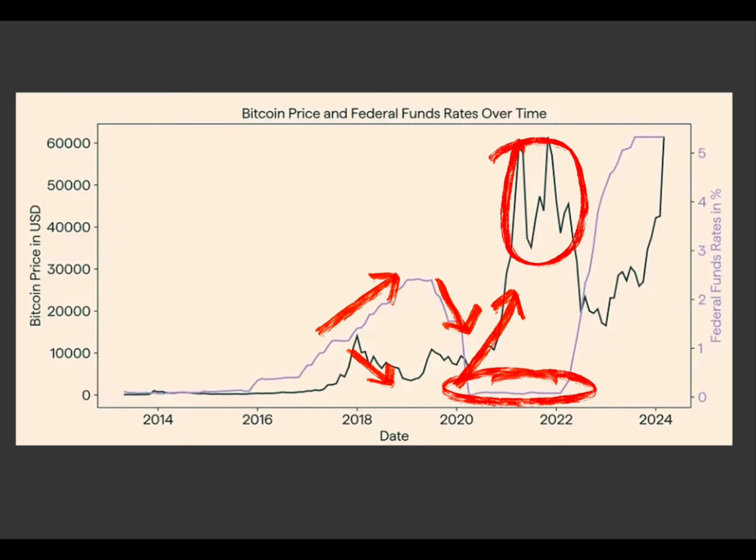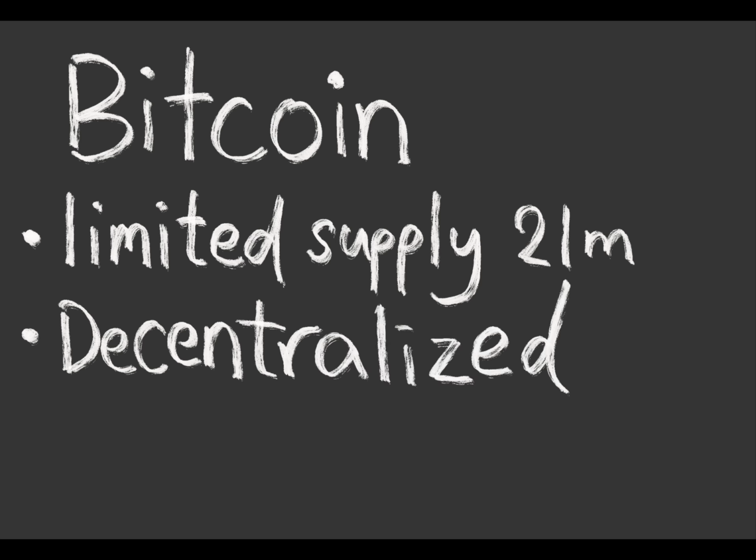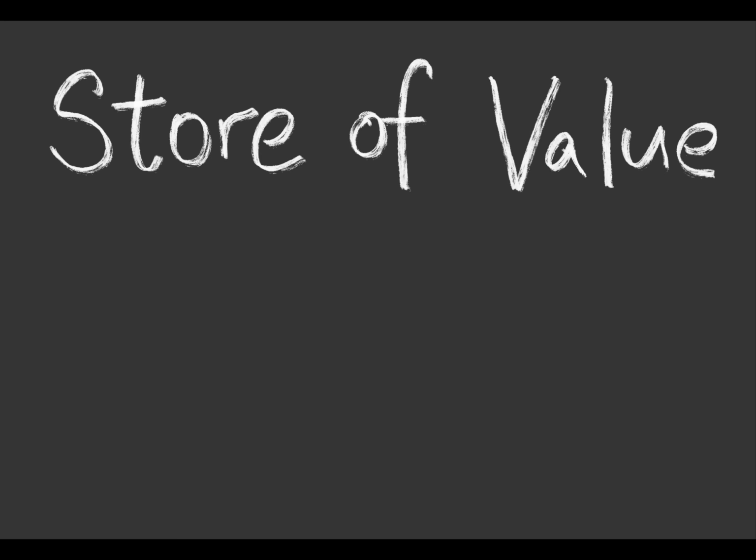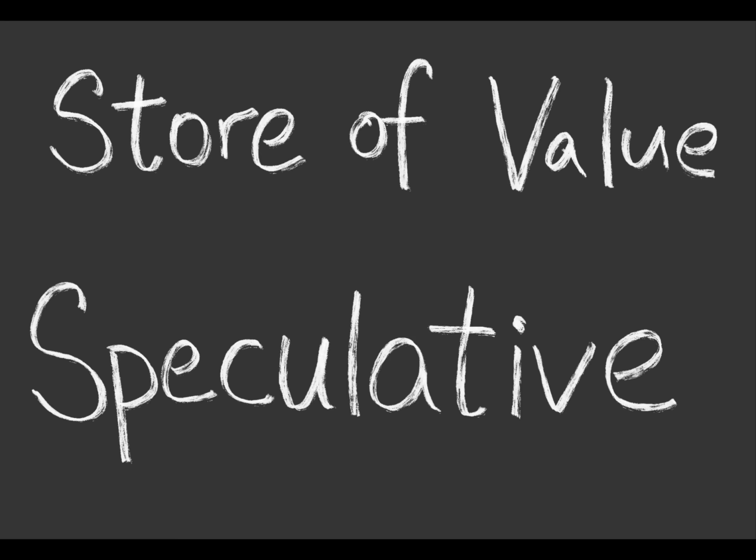But what makes Bitcoin valuable? One key thing about Bitcoin is that its supply is fixed. There will only ever be 21 million coins in existence. This built-in scarcity is a fundamental economic feature, because no central authority can print more Bitcoin. Many proponents argue that Bitcoin is a stored value, similar to digital gold. In theory, Bitcoin's fixed supply makes it a good hedge against inflation, unlike fiat currency which central banks can expand infinitely. However, Bitcoin is a stored value, but at the same time is also a speculative asset.